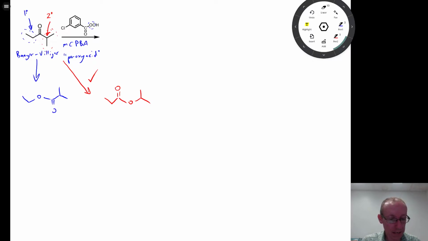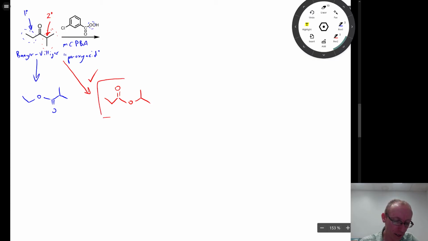So if you can remember that, you can spot that as a Baeyer-Villiger and the secondary group migrates in preference to the primary. To answer just what is the product of this reaction, that's all you need to know. If you struggle to remember that, or you struggle to remember what the product is, you might want to look at the mechanism. But I won't go through that in this video, because I just wanted to keep it simple